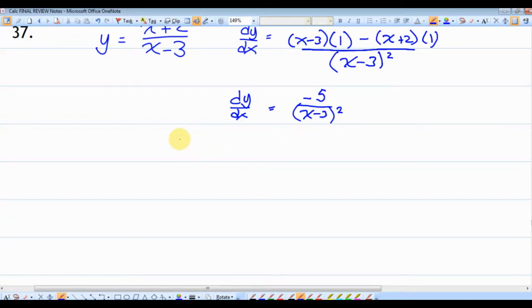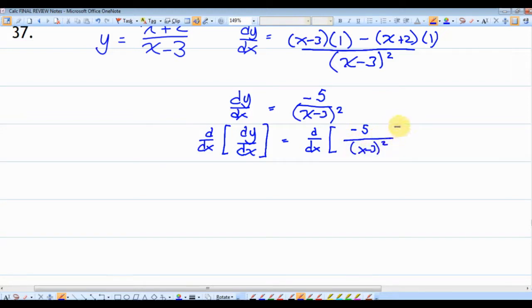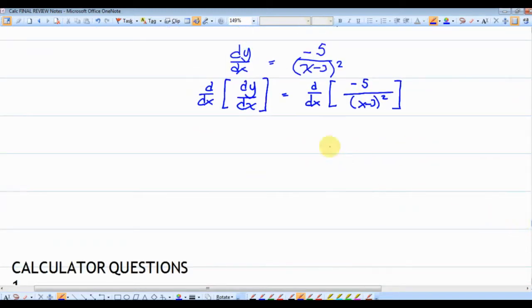Next, we're going to use the quotient rule again. We take the derivative. We could use the product rule, but I think we're going to stick with the quotient rule because that's kind of how most of you would probably do this. It's probably smarter to use the product rule here, but let's just do it. Sticking with the quotient rule here. This is equal to